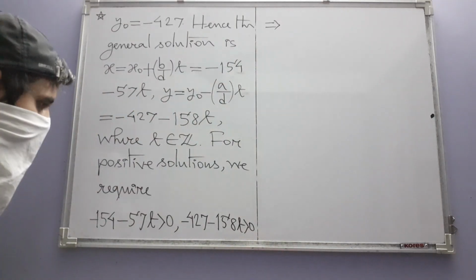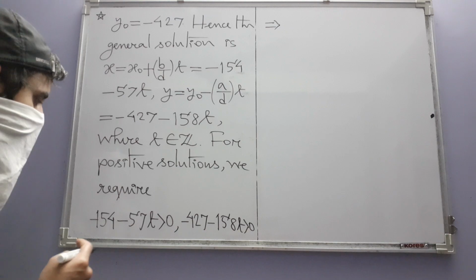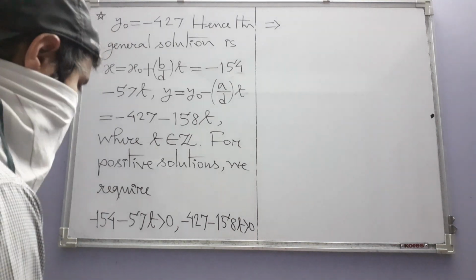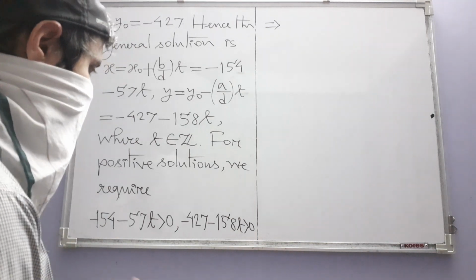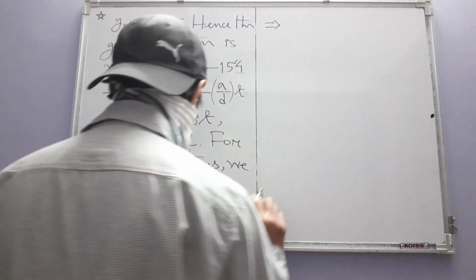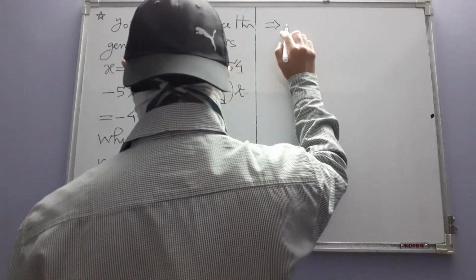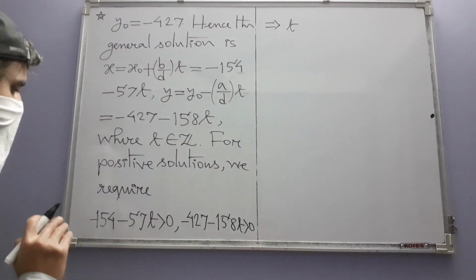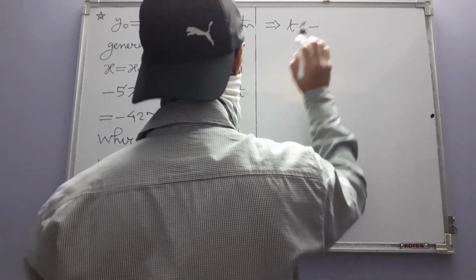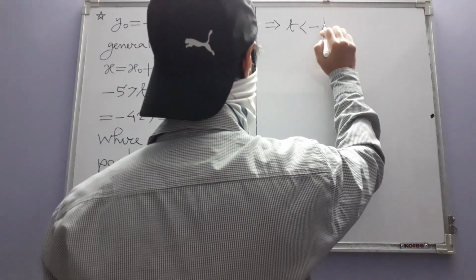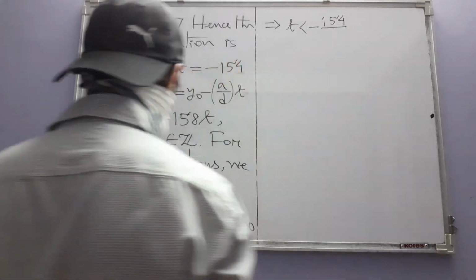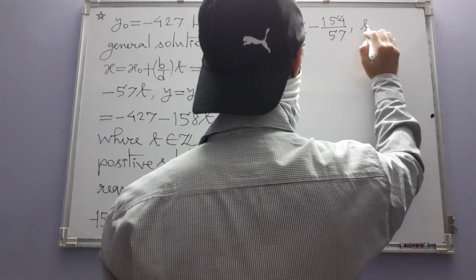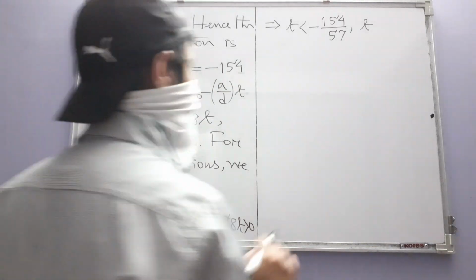So here both the inequalities are same. Same means similar. They give only one direction of the number line. By that I mean this. The first one reduces to this: t is less than minus 154 divided by 57, and the second one also reduces to a similar one,